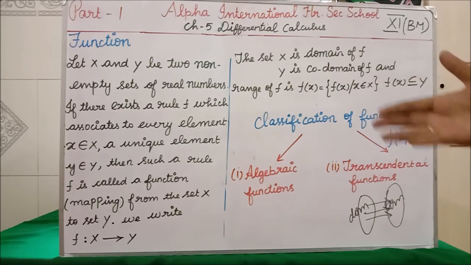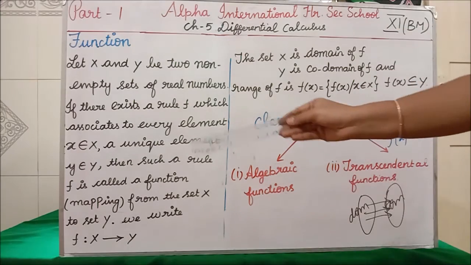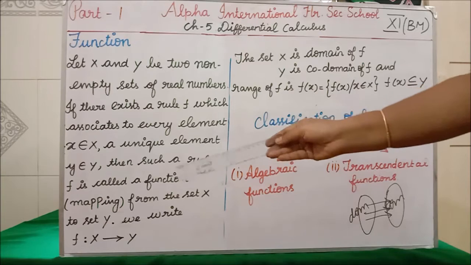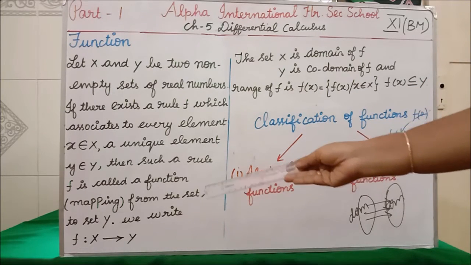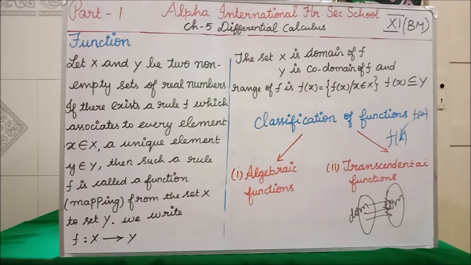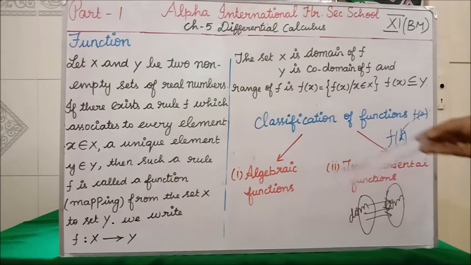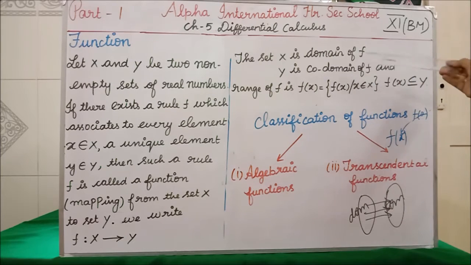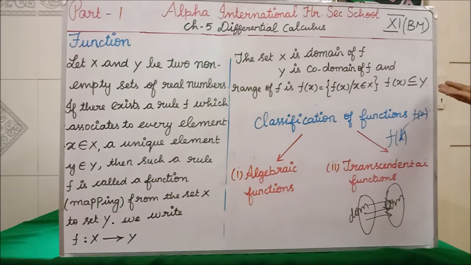So f: X → Y. How can we write the mapping? f, the colon represents 'is a function from' capital X, and this arrow mark represents 'tends to' capital Y. Clear? Where capital X is called what? Domain. Capital Y is called what? Codomain of the function. f means function. And the range is what? Everything, the full f of x, which will be contained in or equal to capital Y.